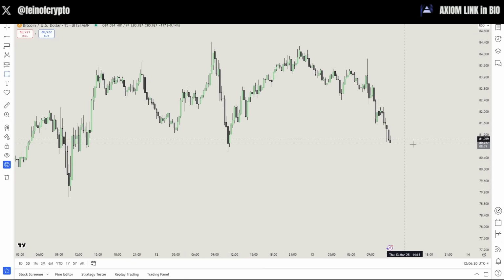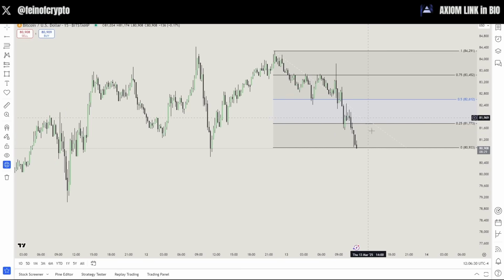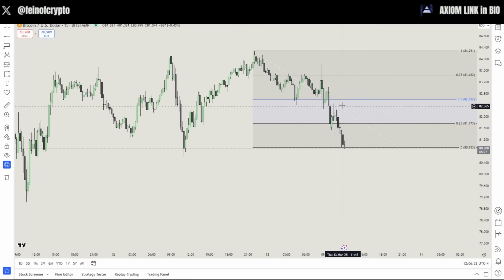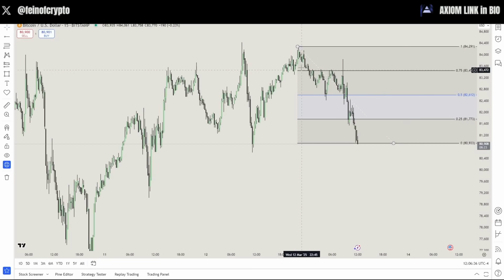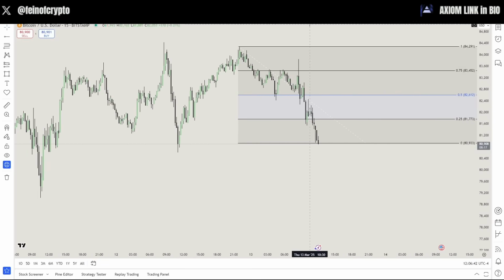You cannot short right here. It's stupid. Why? Well, it's a simple concept called discount and premium, which I'll cover in future videos, but you don't want to be shorting in the bottom half of the range. You just don't. So, for example, this is the range right here. So you can't be shorting. Ideally, you'd be shorting above 0.5 or at 0.5. And look at that. You have actually liquidity